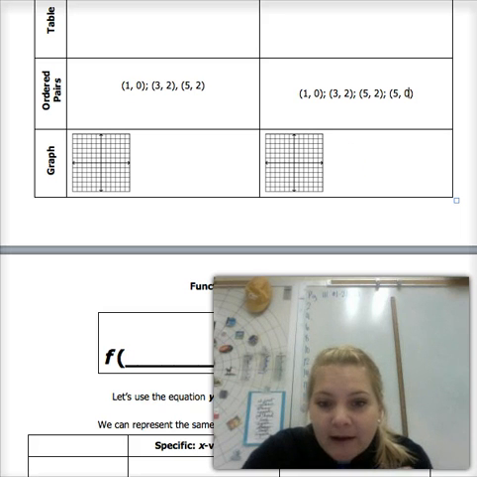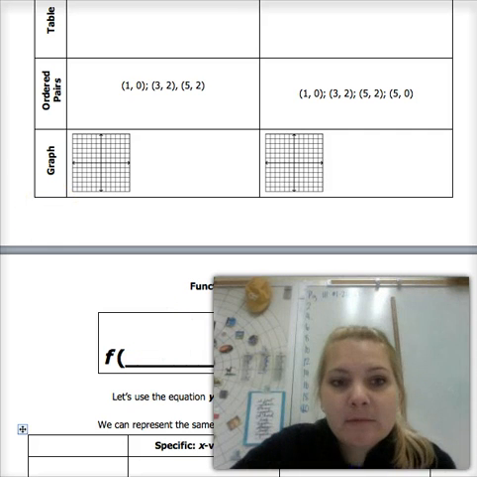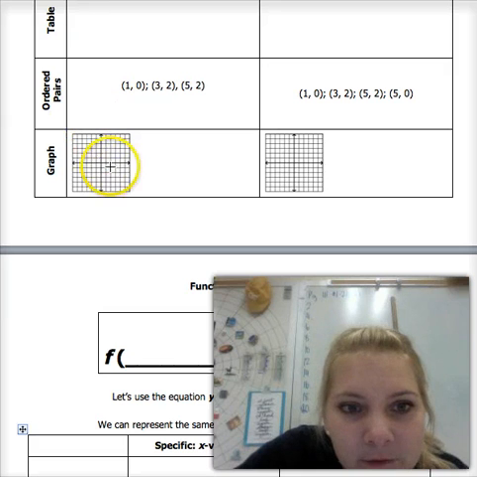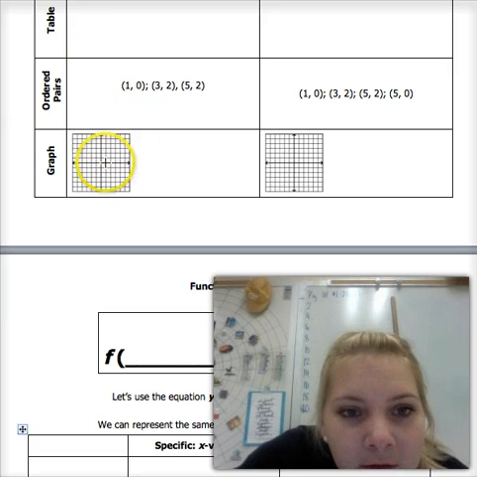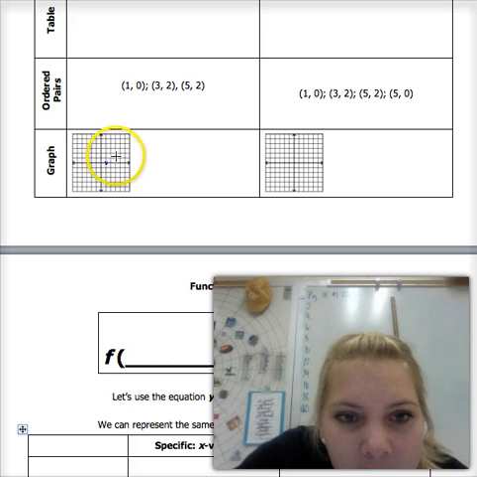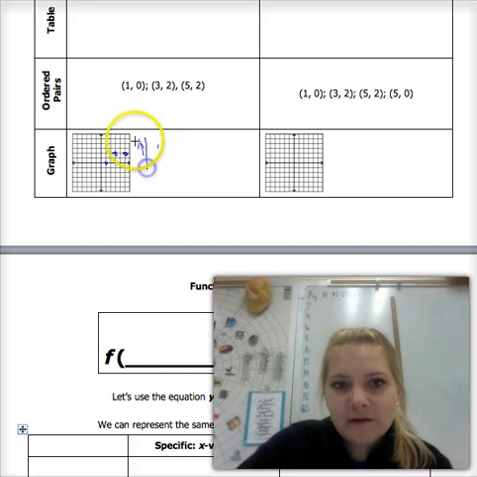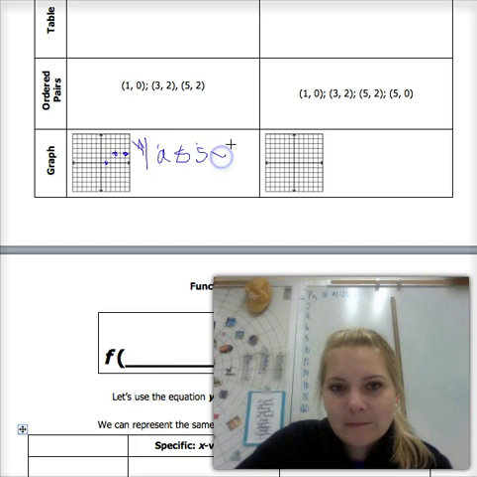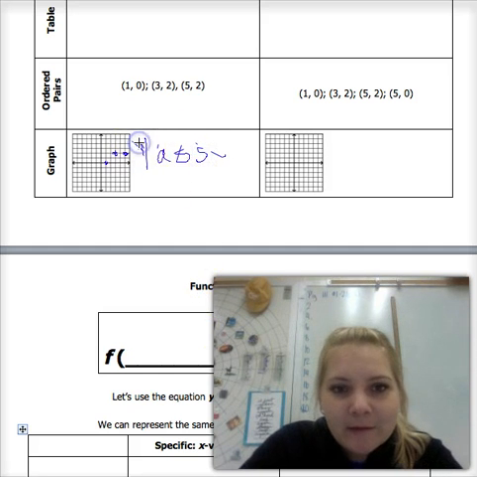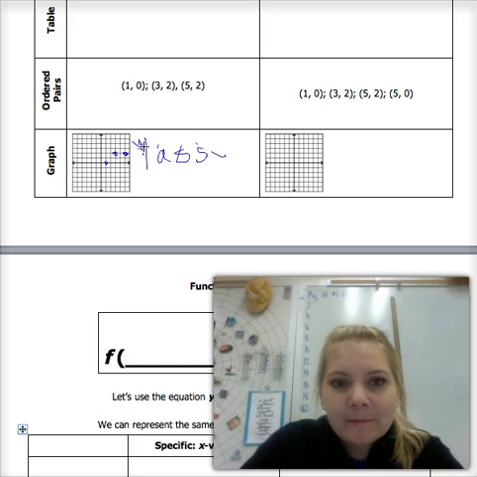Example of it as a graph, and once again just referring to the same type of thing that we looked at in these examples. So we would have 1, 0, 3, 2, and then 5, 2. So this is a function because it passes, and I know y'all took a look at this last year. Okay, I'm going to type this. But it passes